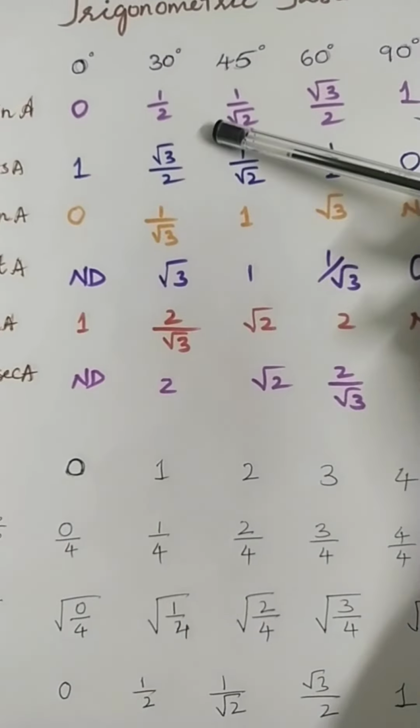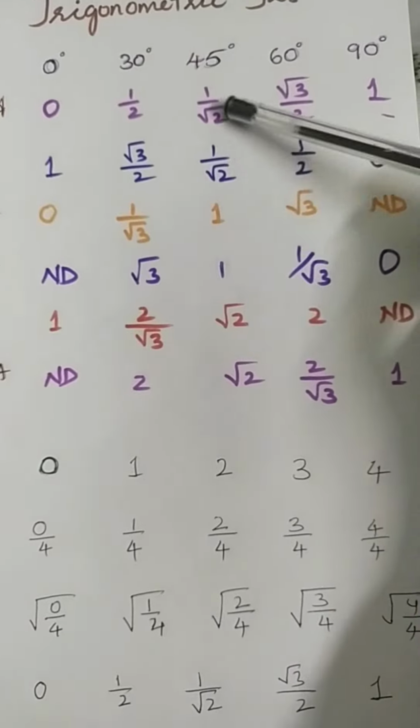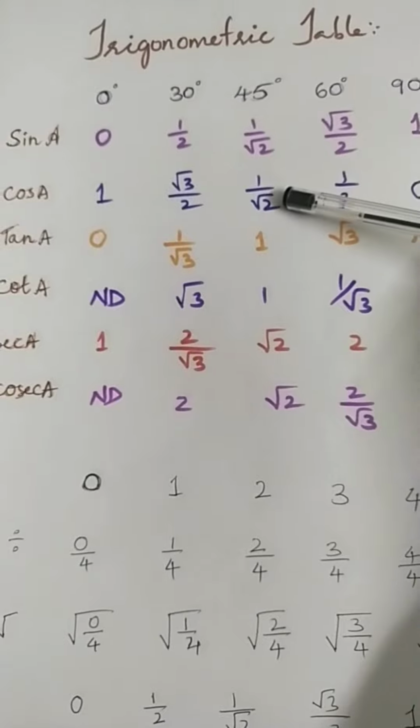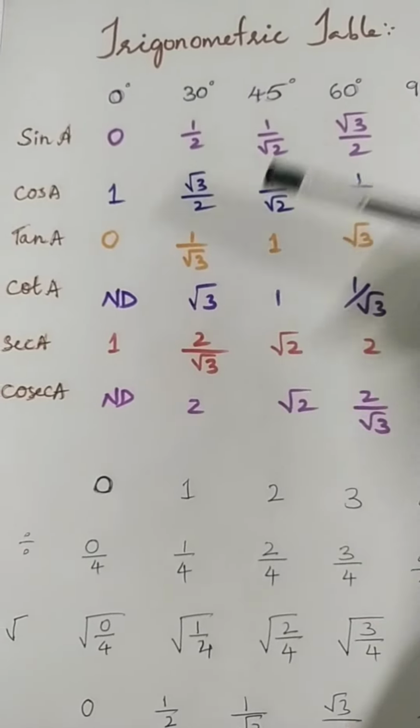Then sin 30 is 1 by 2, so cos 60 will be 1 by 2. Then the middle value will be as it is. Cos 45 and sin 45 both have the same value, 1 by root 2. Then we know well, one of the very important formulas we have